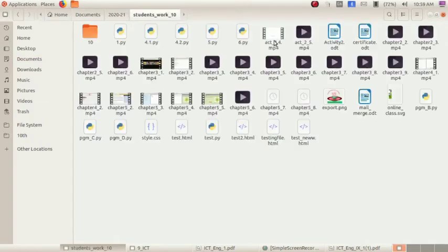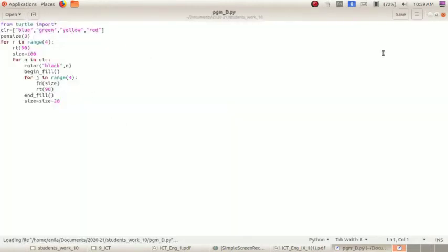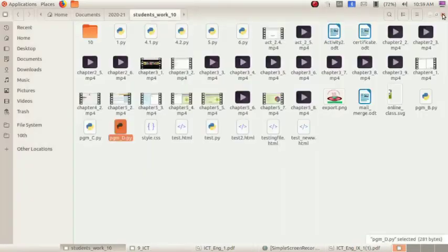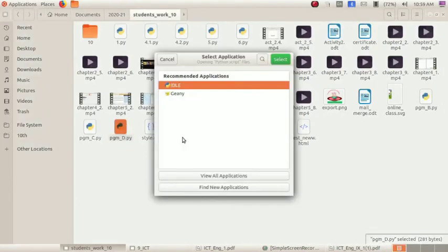That is in the students work 10th folder. Program D.py. Open this program in IDLE.